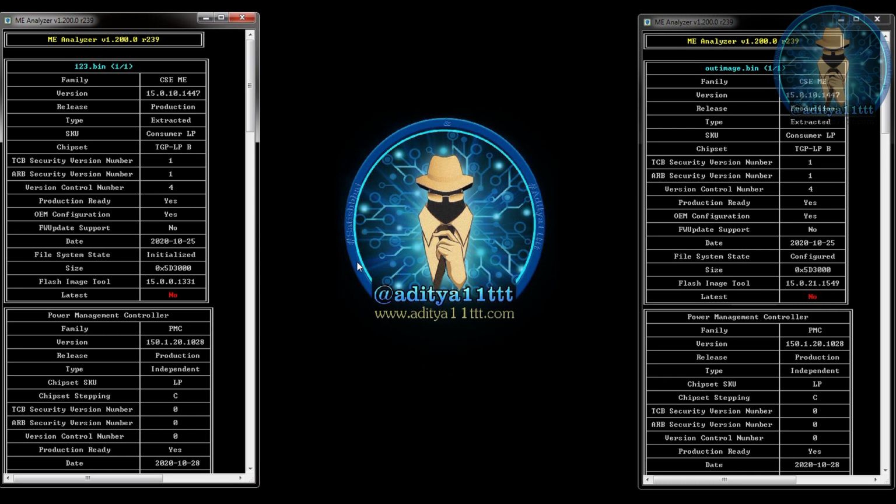Just you need to have a proper FITC tool and the repository file. And repository file and ME tool you can get easily from the WinRaid forum. It is very easy. You can go there, surf, and it is very easily available. You can use google.com. You will find all the details over there, and you can do your job.